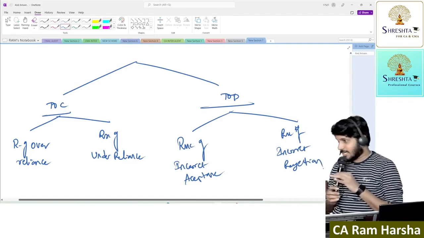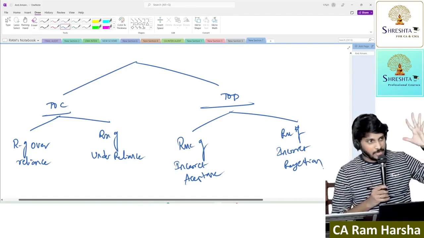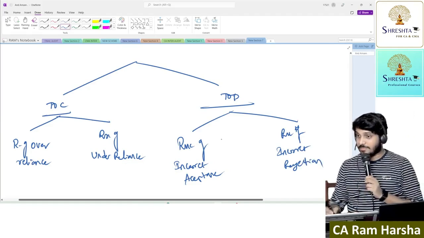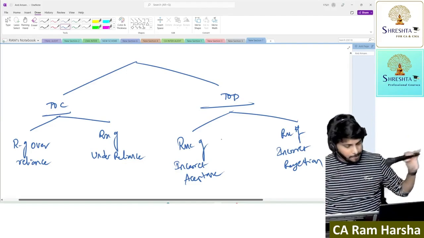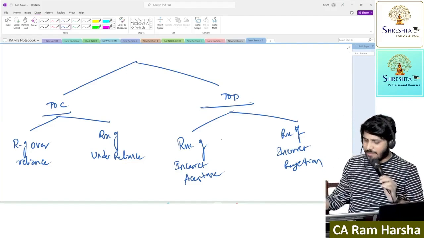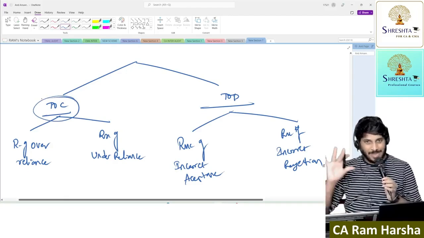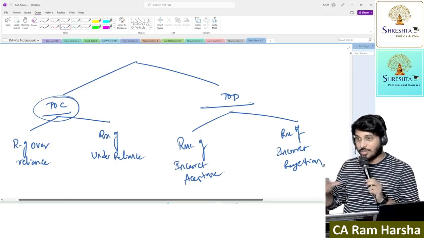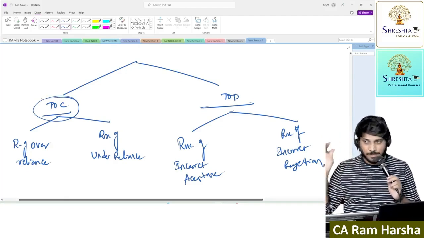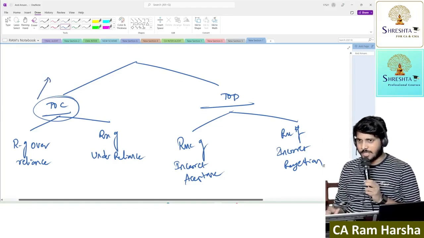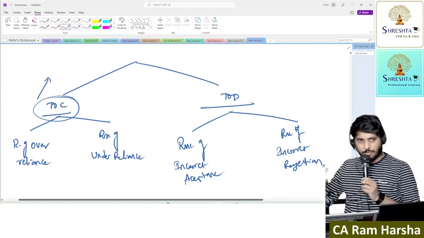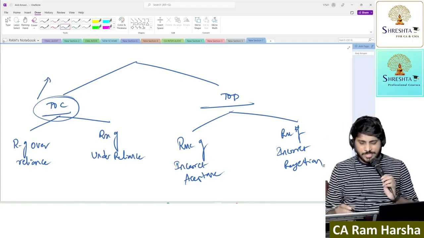What are they? Risk of over reliance, risk of under reliance in case of controls. In case of details, risk of incorrect acceptance, risk of incorrect rejection. Look, we do verify controls also on sampling basis only. Controls we verify on what basis? Sampling basis. Example of one control is, suppose in this company where I am doing audit, the purchases value more